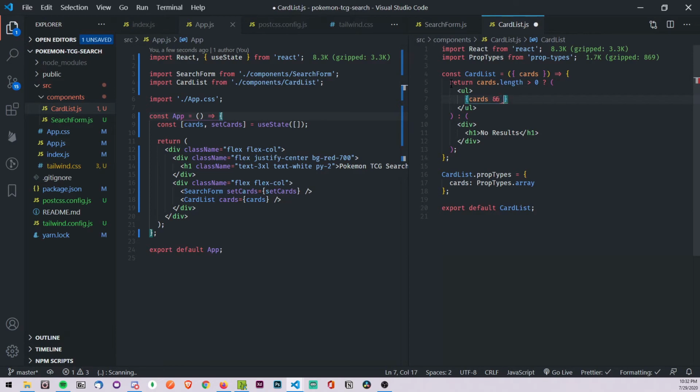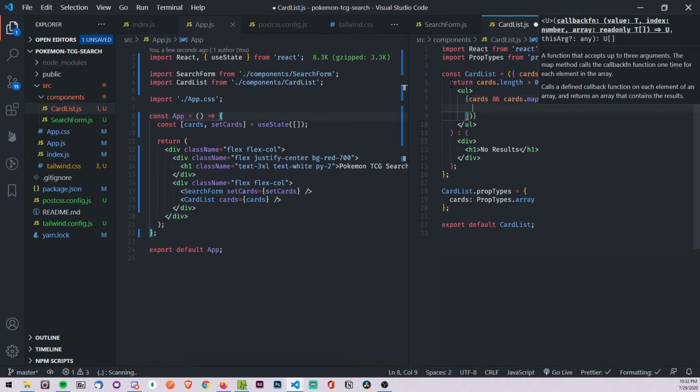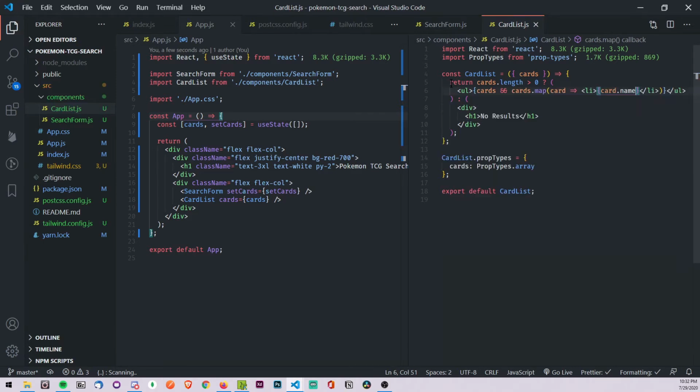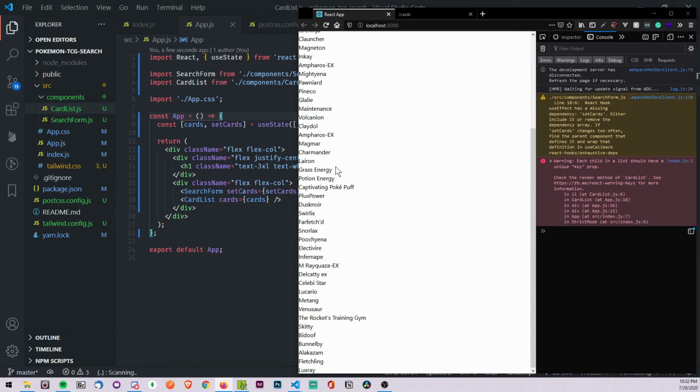So cards and cards.map card, and then we're going to return an li with card.name. Oops. Sorry, I hit the wrong mouse button there. And that actually shows here that we're getting all the Pokemon because you can see all of their names right